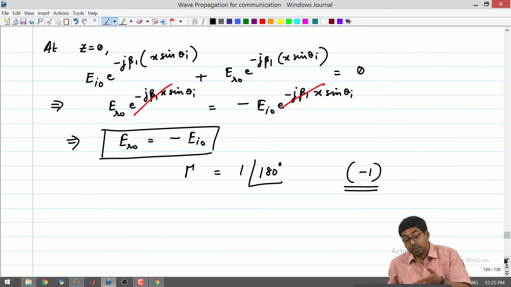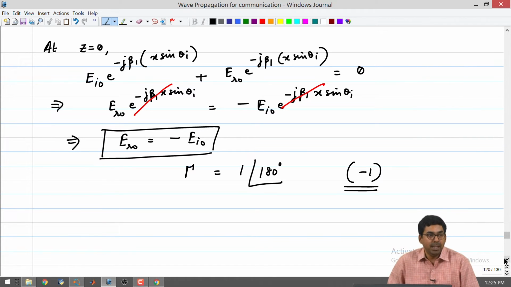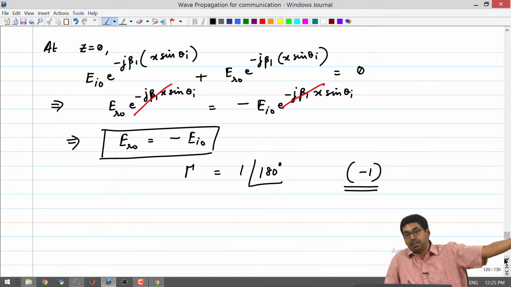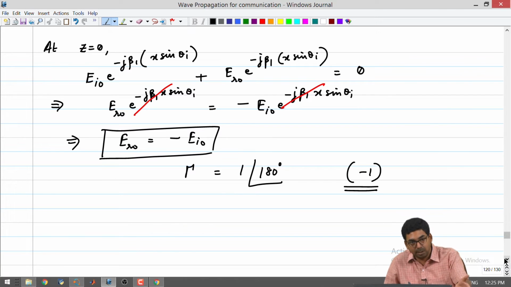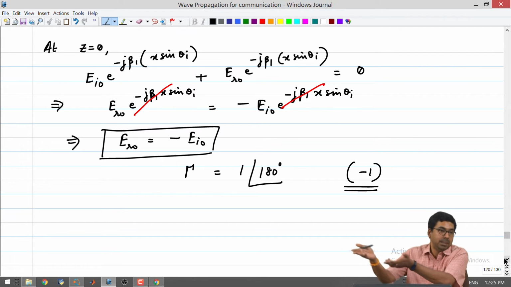Now, you can start drawing some analogy to transmission lines even here. You can remember with respect to transmission lines, when we were dealing with Smith chart, etc., we used to draw the short circuit on the left hand side of the impedance Smith chart, and the gamma plane was in such a way that gamma corresponding to short circuit was minus 1, and there it was the voltage reflection coefficient. So, in the transmission line, when you had voltage reflection coefficient to be minus 1, the condition that you were applying was a short circuit, right.